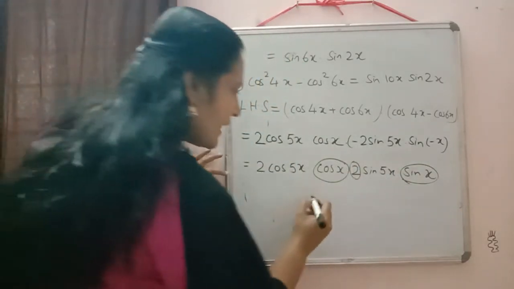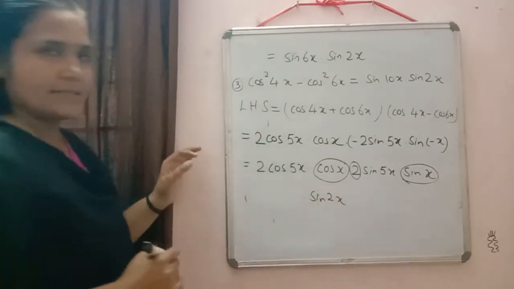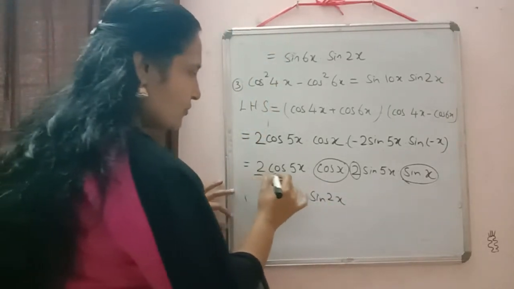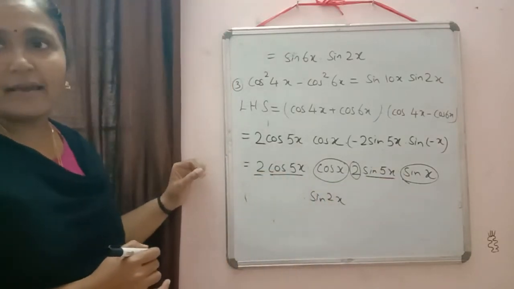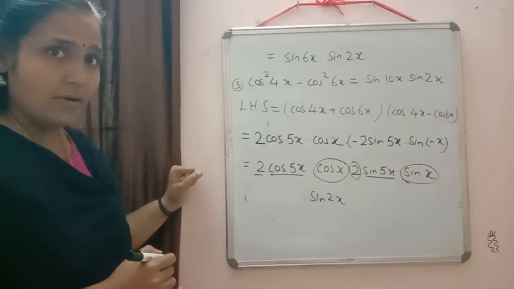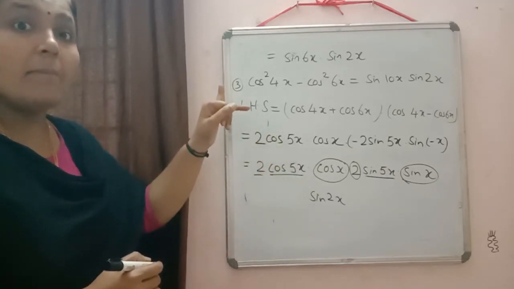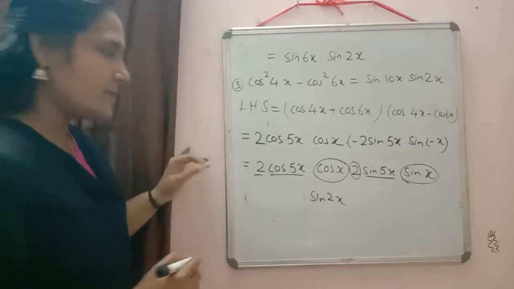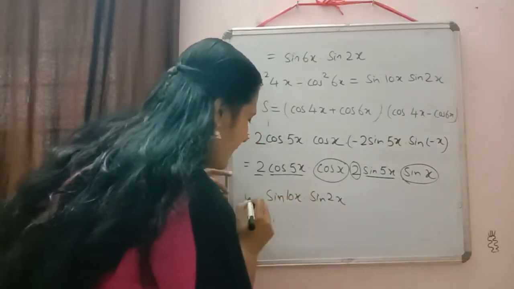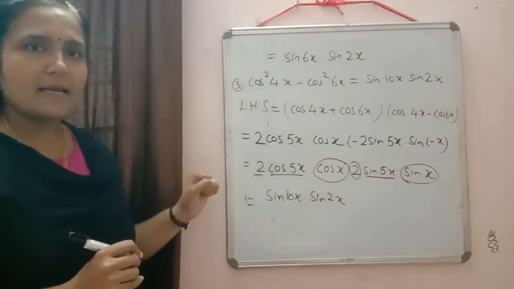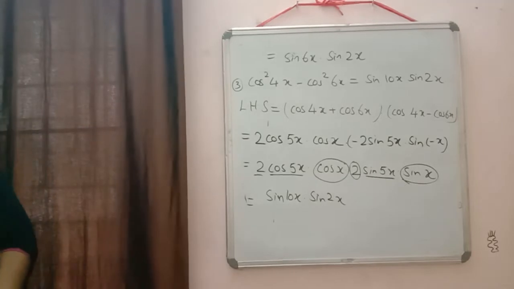So in place of that what we can write? This is equal to sin 2x. And what is this one? 2 sin 5x into cos 5x. That will be equal to, yes, whatever the angle is there, we have to write the double of that angle in the left hand side. So it will be equal to sin 10x. So hope these formulas are clear to you. Okay. So moving on to the next question.